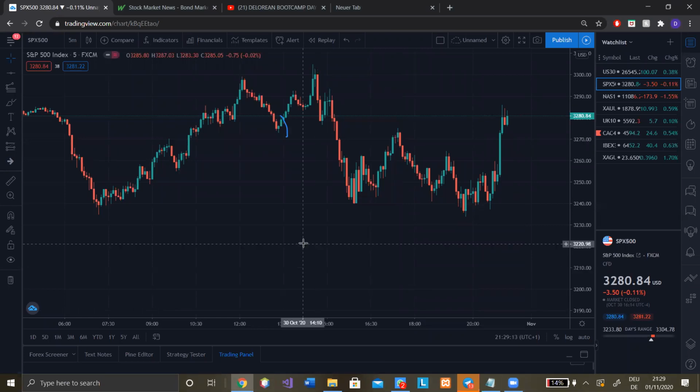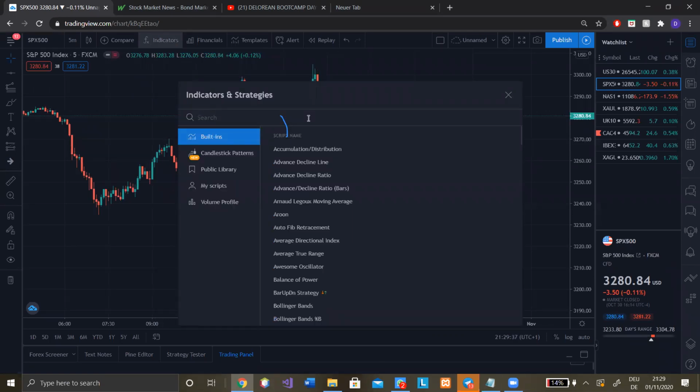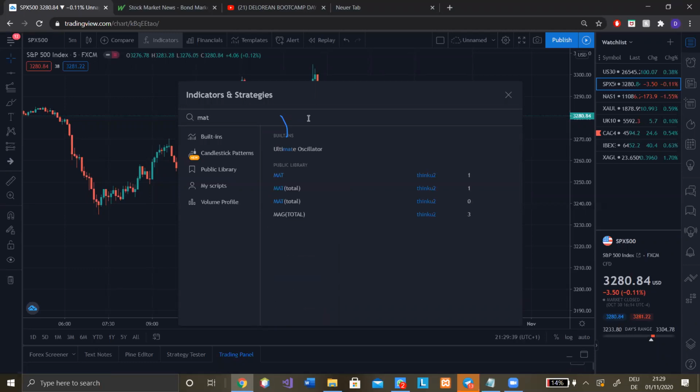On the other hand, the lessons for the strategy just began for those who are going to watch this not live. So this is the standard chart, and to use the indicators I use and what I use to trade, the first step to becoming a good trader is you just go to your indicators and strategies and you type